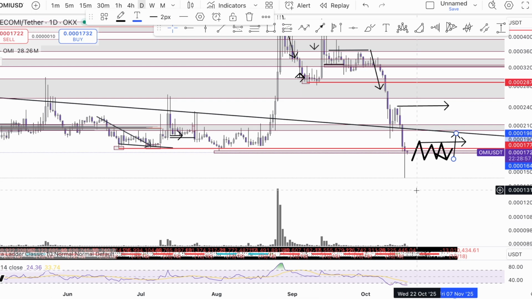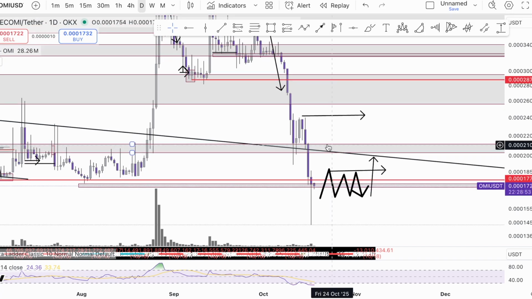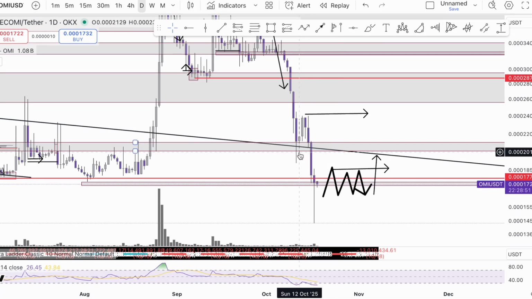So guys, keep this in mind. As much as I could do this, I'm not here on the charts every single day telling you guys where there's an entry. I'm giving you specific zones that you need to look for those entries. My students are the only ones that actually get my specific signals and what I do and how I trade those markets. They have been making a lot of money on Omi, and this is an absolute smashing of a